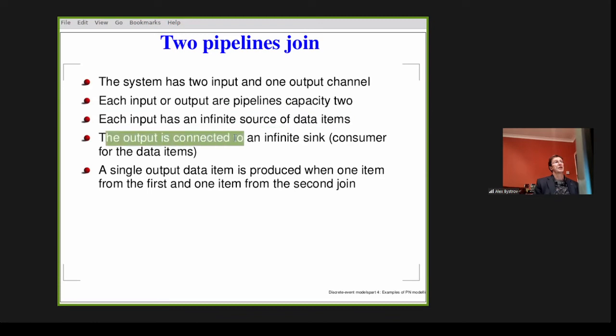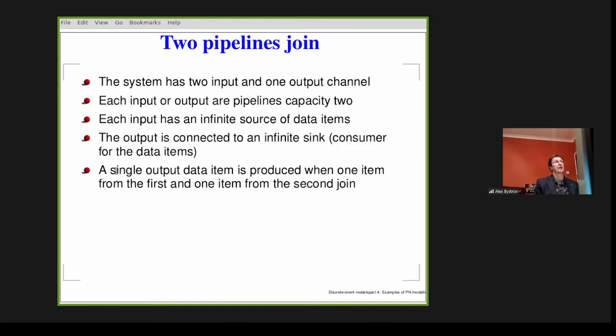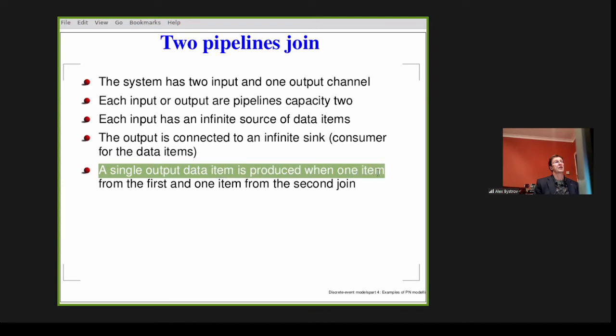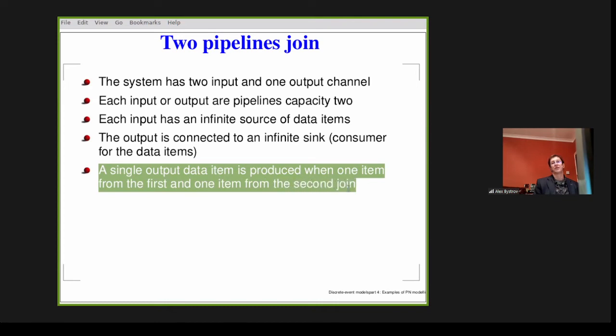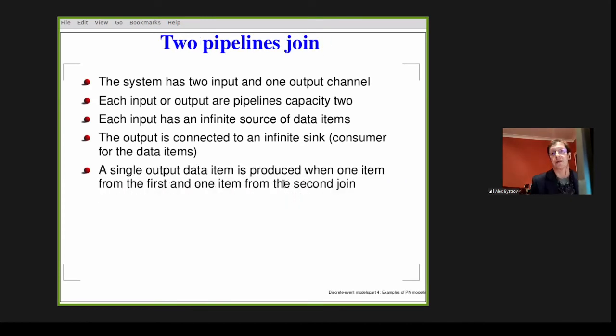The output is connected to an infinite sink, the infinite consumer for the data items. And the clarification: a single output data item is produced when one item from the first and one item from the second pipeline join. And after that, there is another one. So this is just a specification to a worked example.